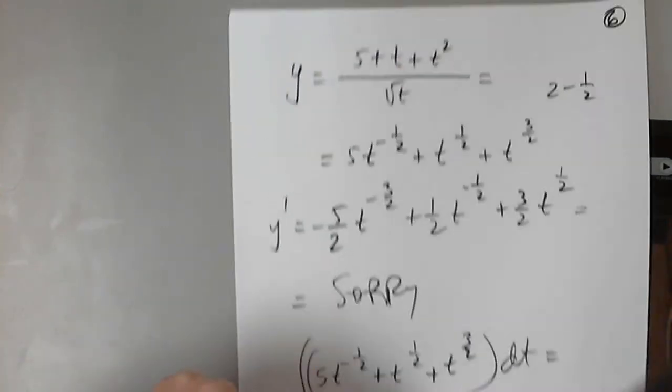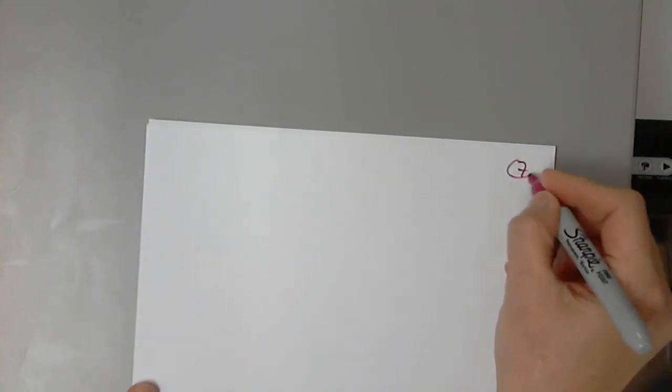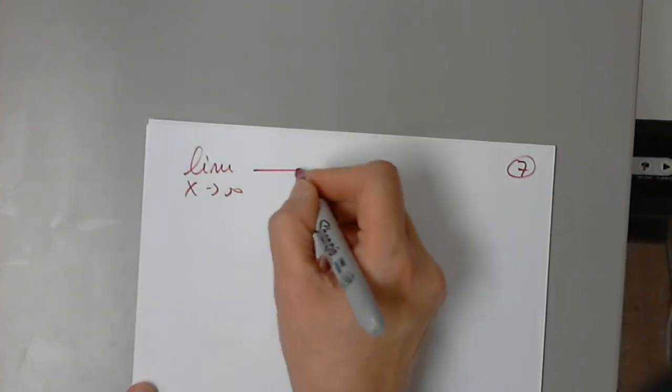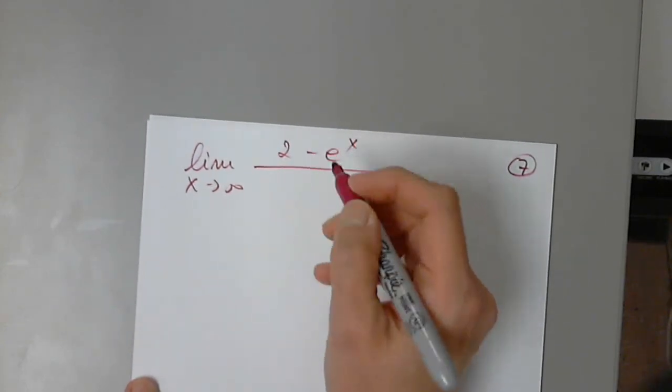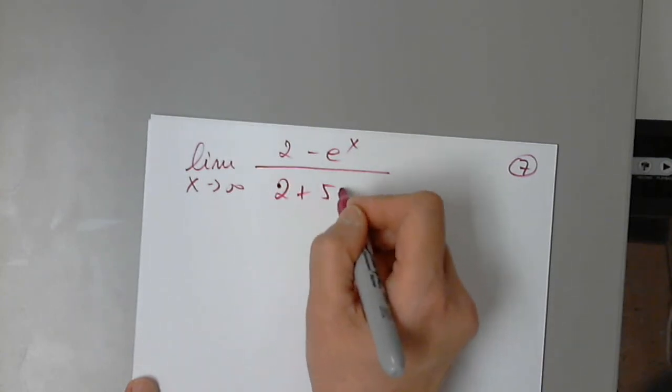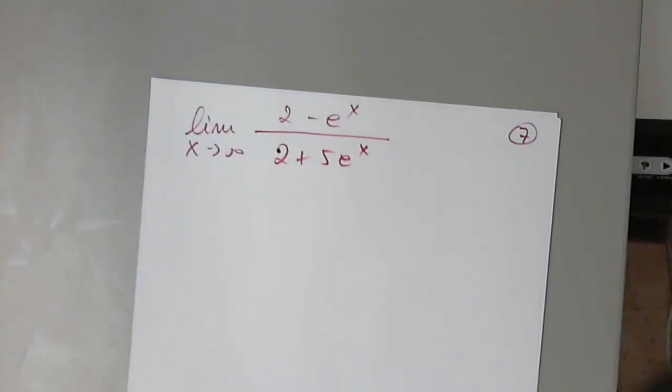So let's take a look at this. We have the limit as x approaches infinity of 2 minus e to the x over 5... was it 5 plus? 2 plus 5 is good. Very good. So now we know that, and we know from the very beginning of limits that